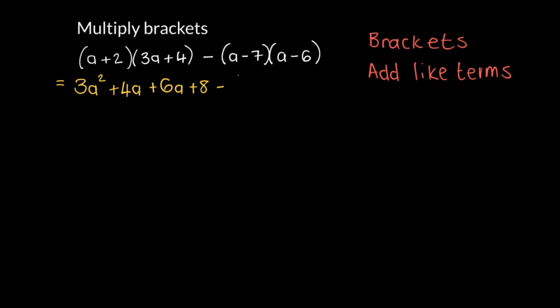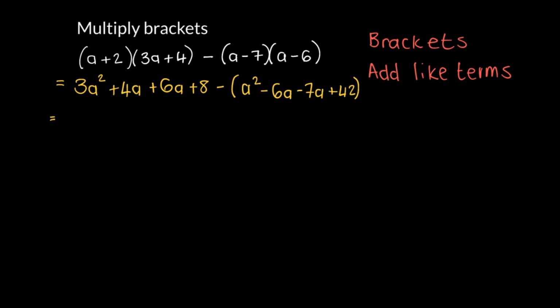Minus, and then I'm going to open brackets again, and I'm going to explain why we have to do this in just a bit, but first I'm going to use the FOIL method to multiply out this bracket. So I'm going to get a multiplied by a is going to give me a squared. A multiplied by negative 6 is negative 6a. Negative 7 multiplied by a is negative 7a, and negative 7 multiplied by negative 6 is positive 42,